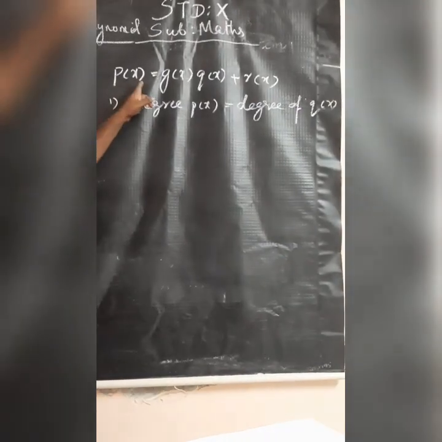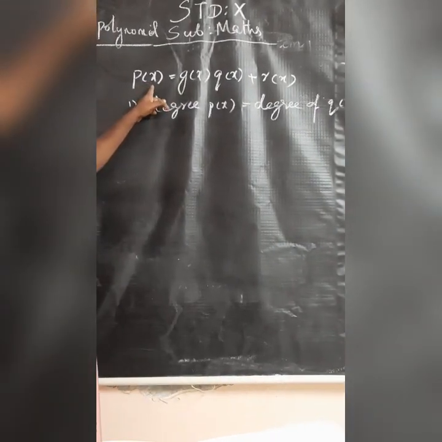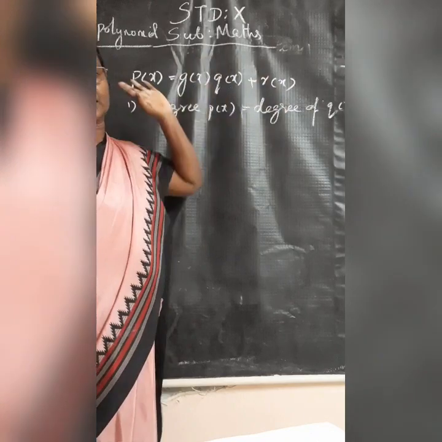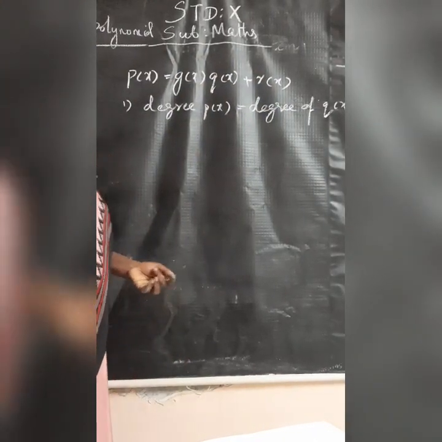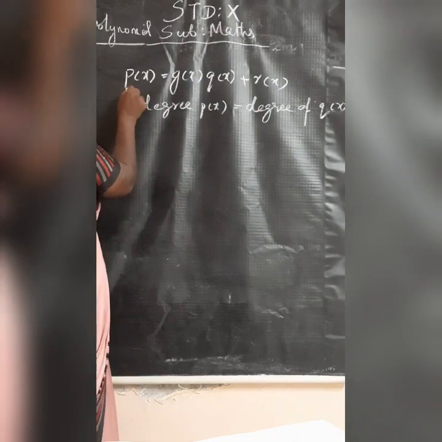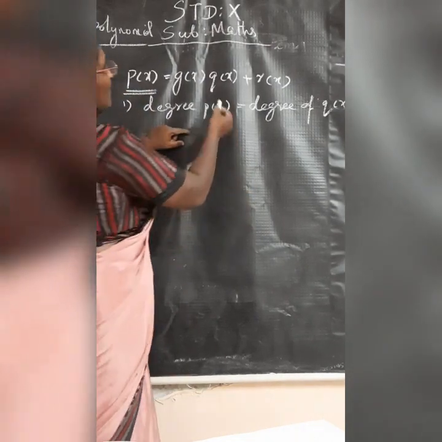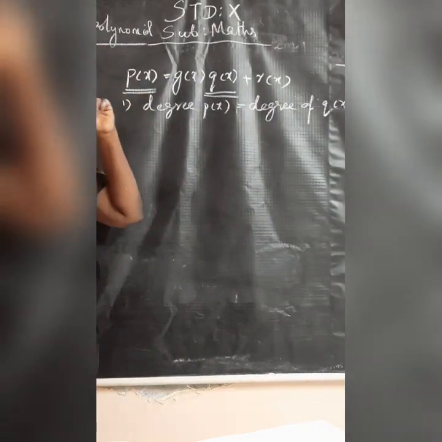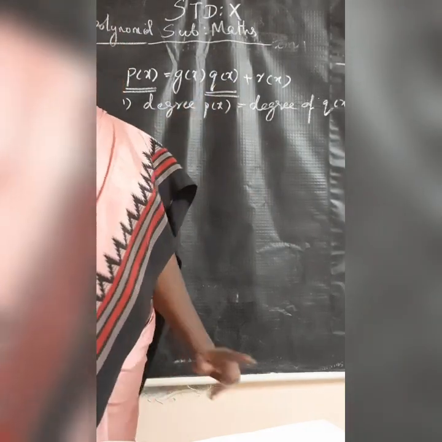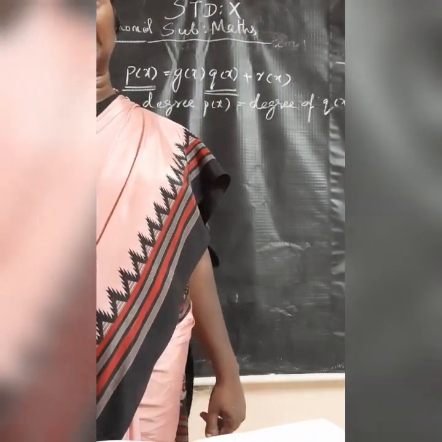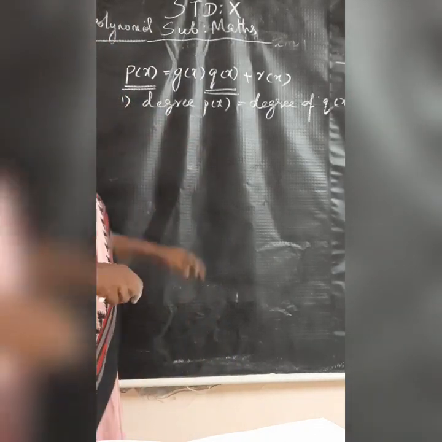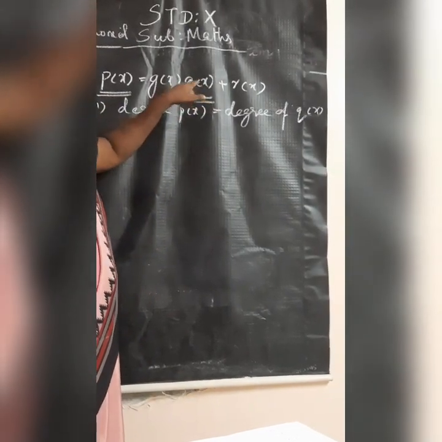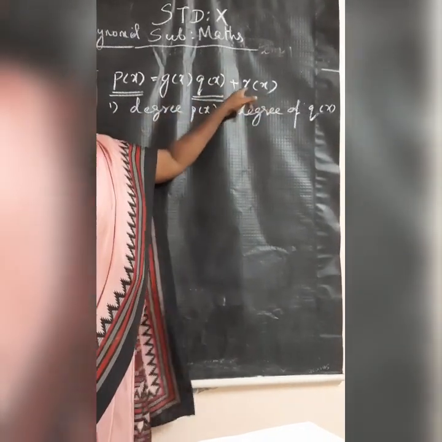Listen here. First you listen to the division algorithm. p of x is equal to g(x) into q(x) plus r(x). I will give you the hint only, you want to find out. And here degree of p of x should be same as degree of q of x. So suppose degree of p(x) you are taking as x cube, degree of q(x) also you want to get x cube. That is the meaning. Degree of p(x) and degree of q(x) should be same. Suppose degree 2 taking here, degree of this also wants to come 2, the meaning is that this will be constant.